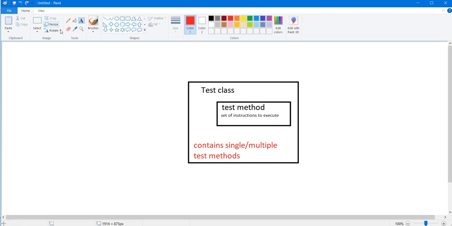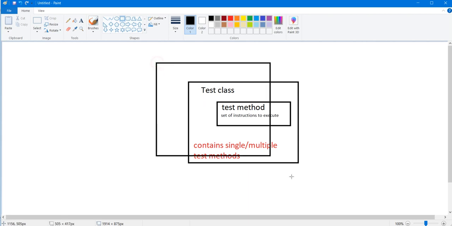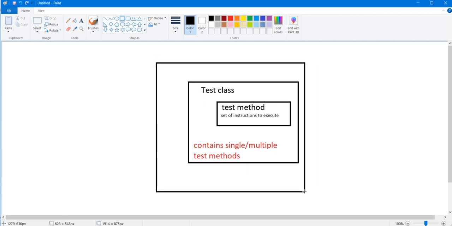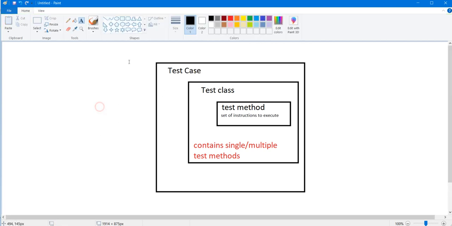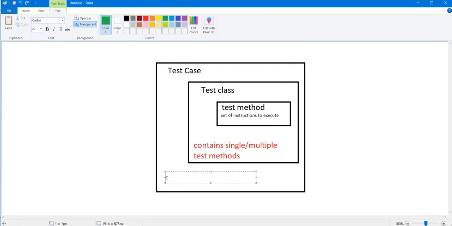Now another concept is your test case. This is your test case. So what is a test case, guys? Just tell me, what is a test case?